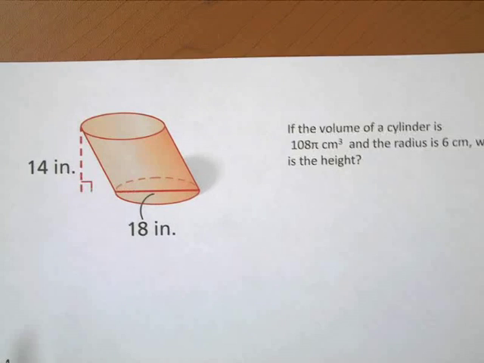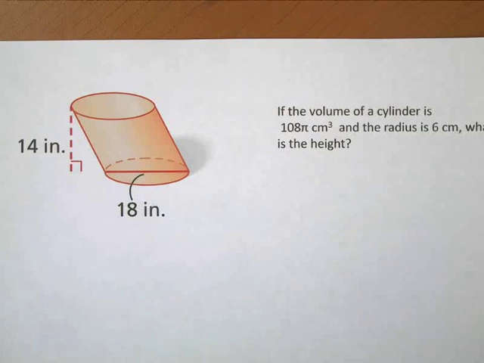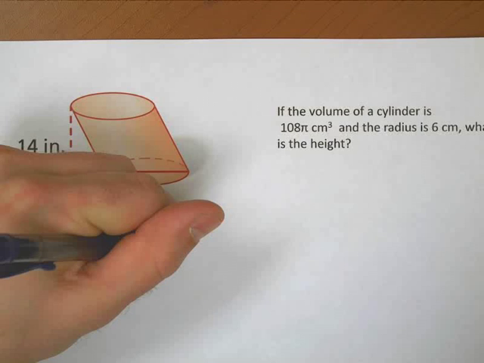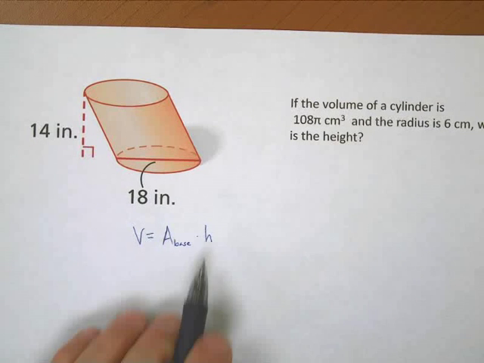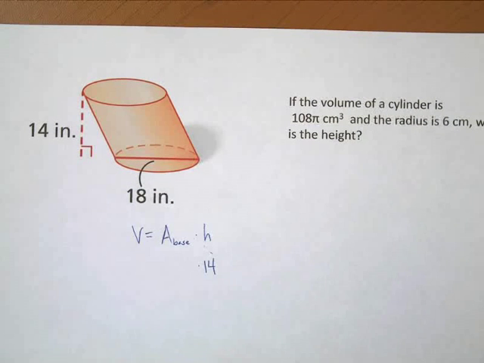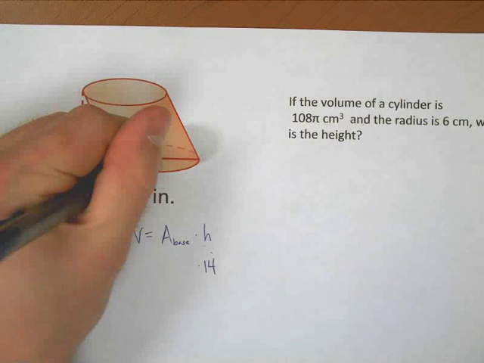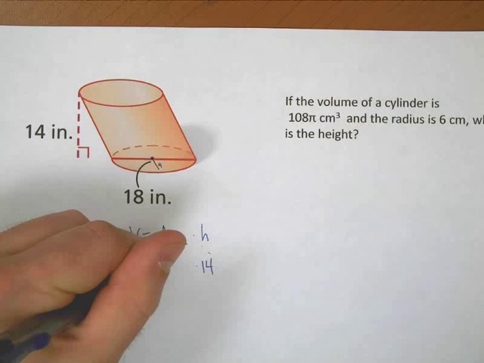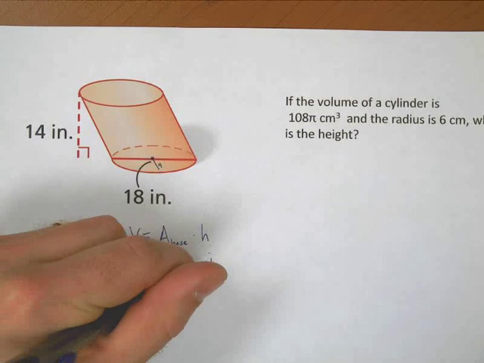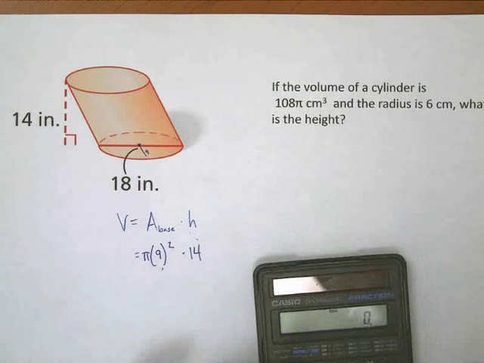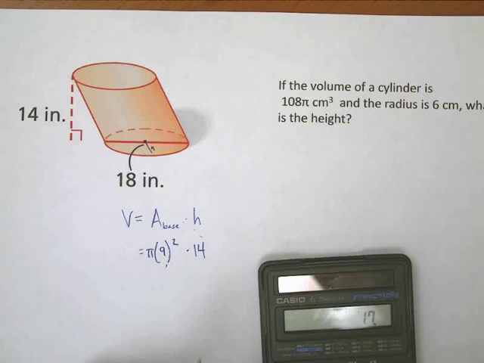So I can do a problem like this, which looks terrible, but it's actually not that hard, okay? Volume of the cylinder, we haven't done any cylinders yet, is area of the base times the height. And the important idea here is that the height is going to be the 14, the vertical height. So if all I have to do is find the area of the base, and that's just a circle, the diameter is 18. That means the radius, the distance from here to here, is 9, right? So area of the base is pi r squared. That's 81 pi. Better get the calculator here. I have 81 times 14,